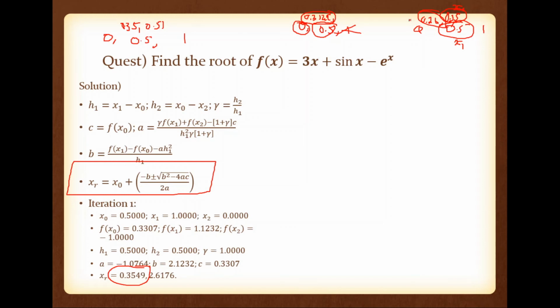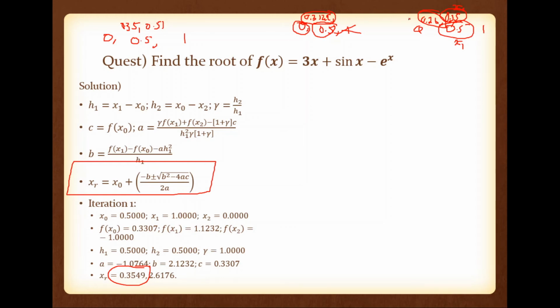But we are not manually doing this. We are writing an algorithm. So if you are choosing this way, you need an efficient algorithm. If you are unable to write an efficient algorithm, then instead of 0.26, you have to select 0 as x2. But it will increase the number of iterations. If you are capable of doing this, then you can write a better, efficient algorithm. So these are the things that you have to take care of.